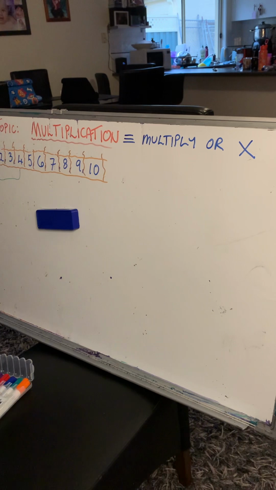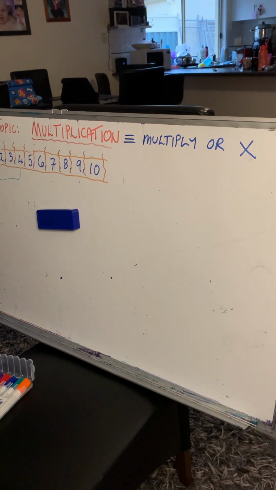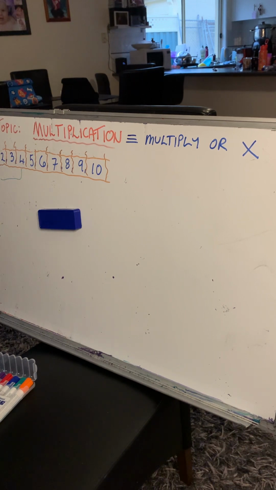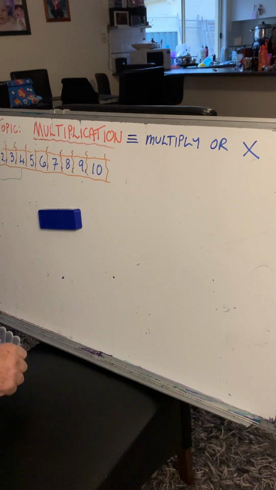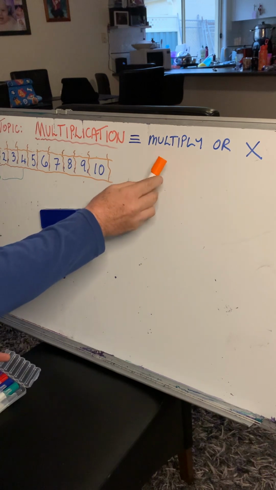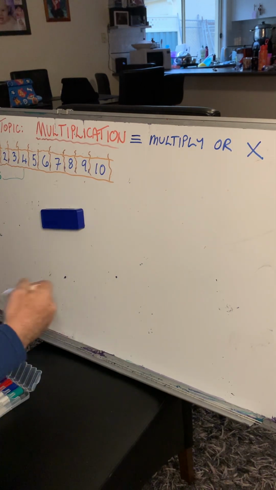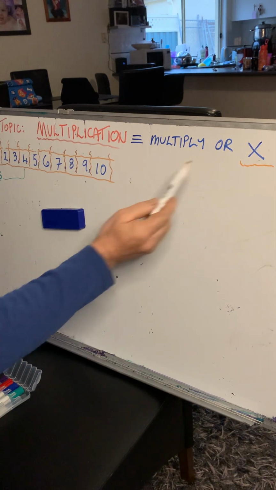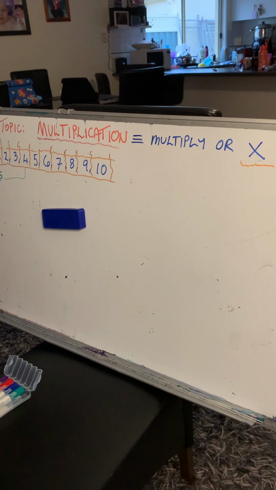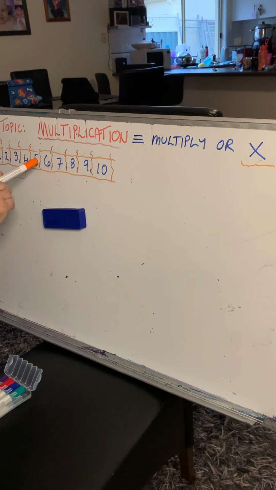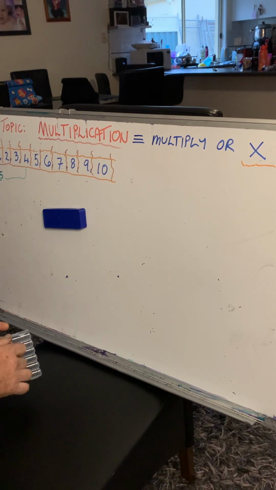Hey Logan. So today, Logan, let's go through the topic of multiplication, or what we refer to as multiply, or the times sign. That's the times sign, Logan, yeah? And so what I want us to do, Logan, is that I've made this little scale rule, if you like, and I've just numbered it 1, 2, 3, 4, 5, 6, 7, 8, 9, 10. And just as an example, let's say we go through